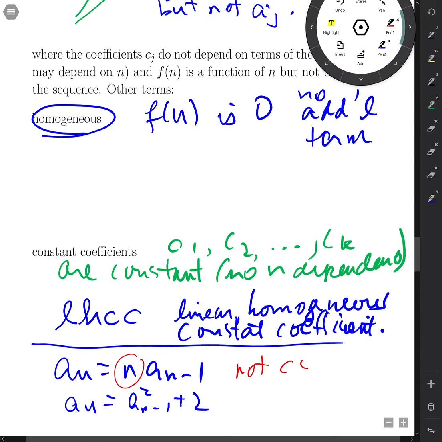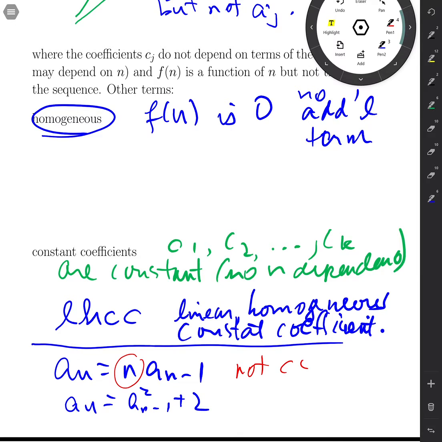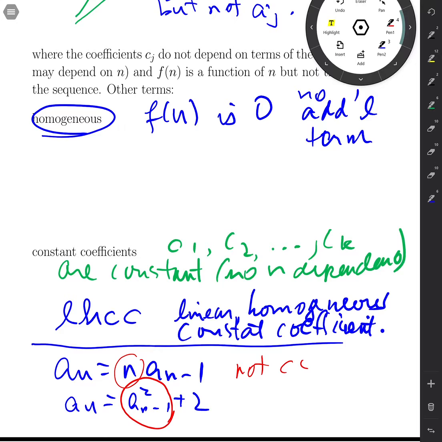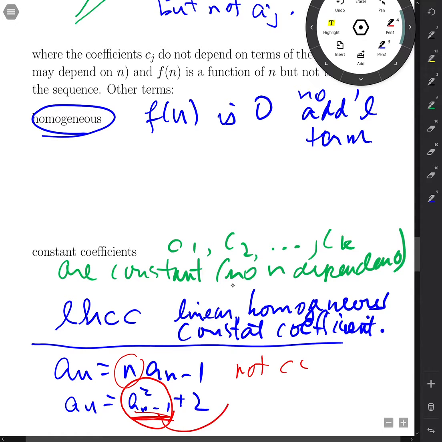Well, I mean, it looks linear, and in fact it is linear. It looks like all the coefficients are constants. Did I say it was linear? Well, that's the thing that's wrong. Look right there. It isn't just the terms multiplied by coefficients that depend on n, but not the terms of the sequence itself. So this is a nonlinear piece, like so. Now the classification is useful. It's not a huge thing,